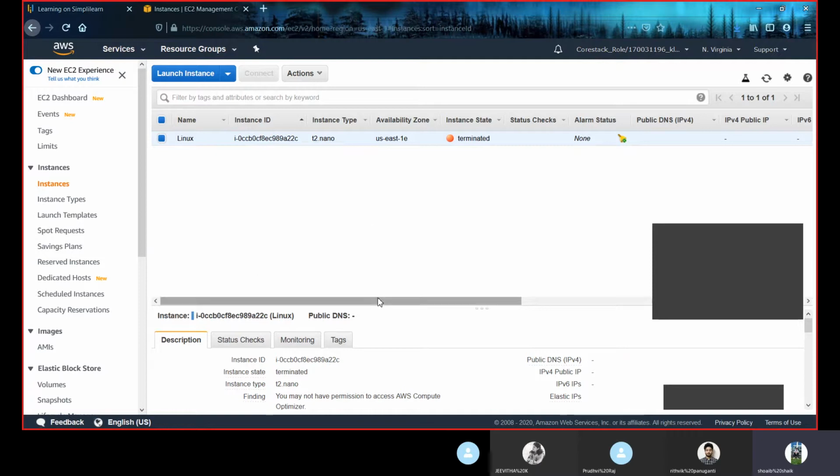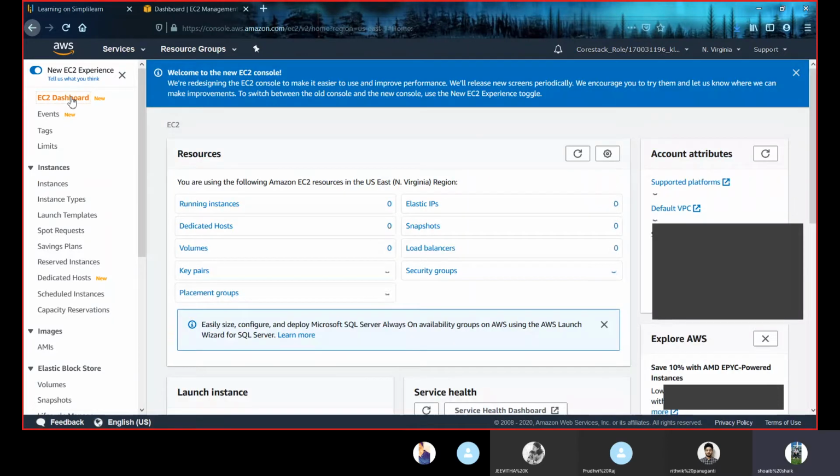So now, everyone parallelly, we will be moving on to our second topic, that is launching and connecting to a Windows system. For this, you don't require any additional downloads, or you don't require to install anything. So I want everyone to do it parallelly with me. First, open your console accounts and let me know after opening it. I want a response from everyone.